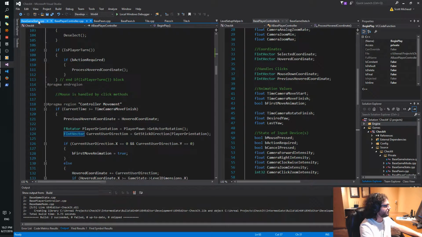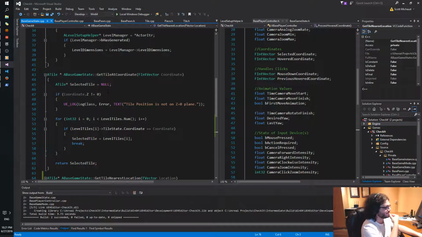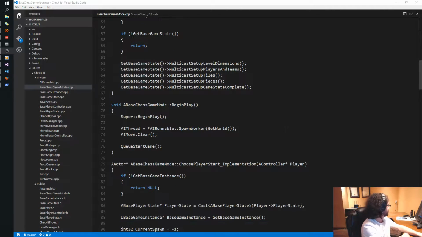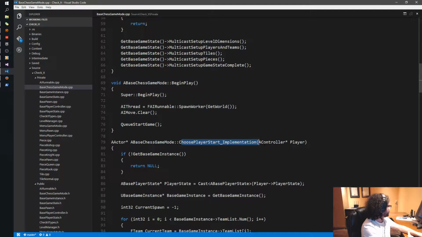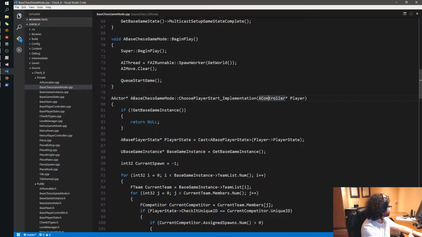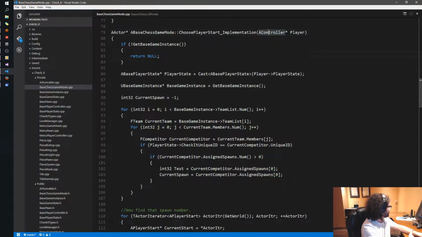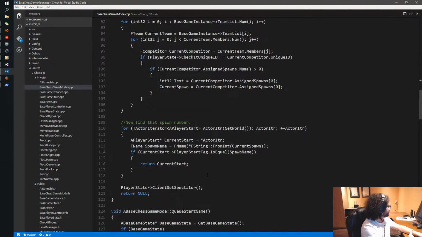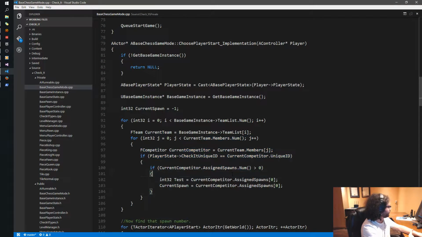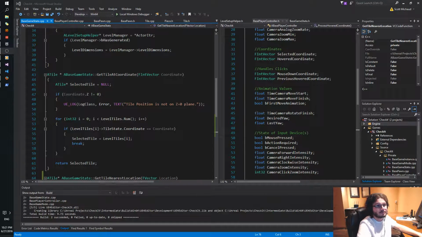So now we have the game state we need. Now we need to re-implement the game modes, specifically choose player start, which will do this sort of thing. The problem is, in order for us to re-implement this, we need to know what our team setup is, so we have to define that first. So how are we going to do team setup? Let's get Zim out. It's our desktop wiki. Oh, it's on this monitor.